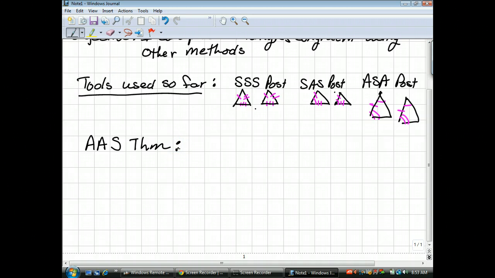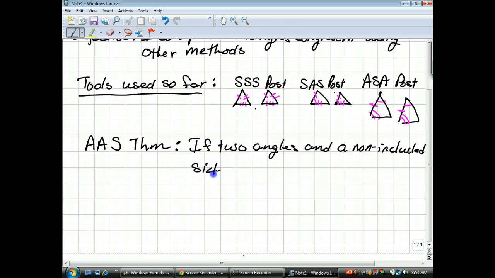And it says if two angles and a non-included side, and that's the key, it has to be a non-included side of one triangle